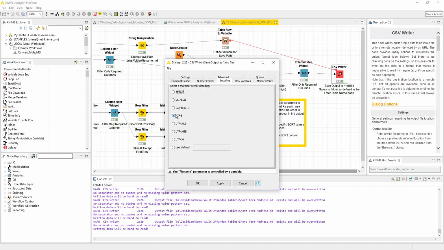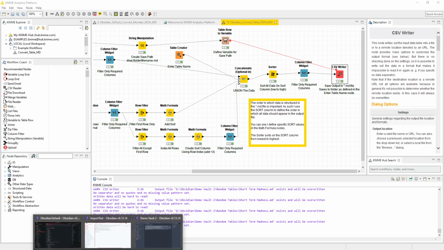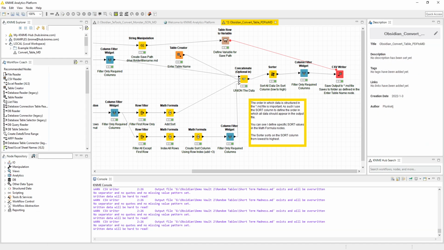And then here in encoding, it was set to default, and that was changing my dashes to question marks, so I've changed that to UTF-8. Alright, and that's just the save format. And yeah, effectively, when I run this file, it creates my file. So let's just go through the process again, just so you guys can see